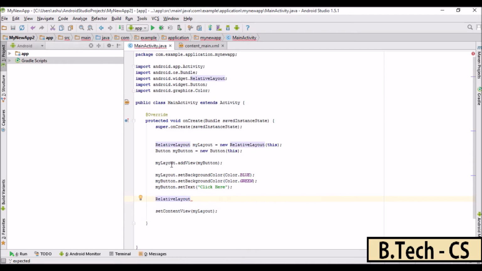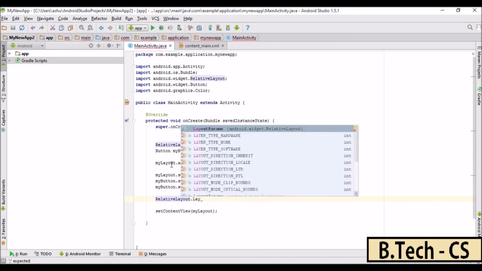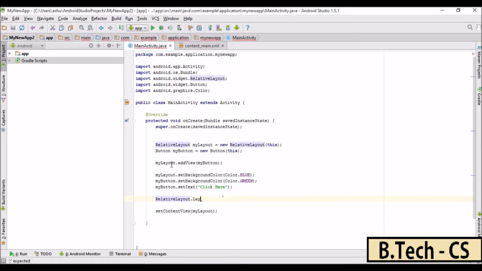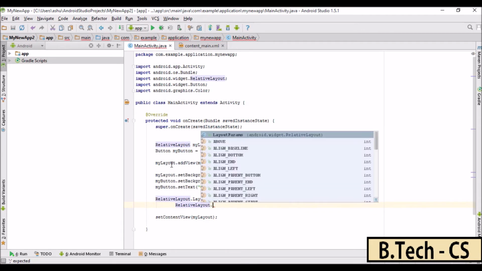So we type relative layout, then we type dot layout params, and this is going to be the layout parameter, where we specify the widget which we want to use, and then specify its layout. Param stands for parameters. Now the next thing we need to do is mention the widget for which we are using this. So let's name it button details, as we are going to set the layout for buttons. So we type button details, and then we type equals, again we type relative layout, and then again dot layout